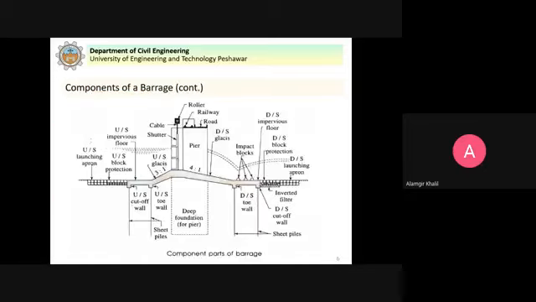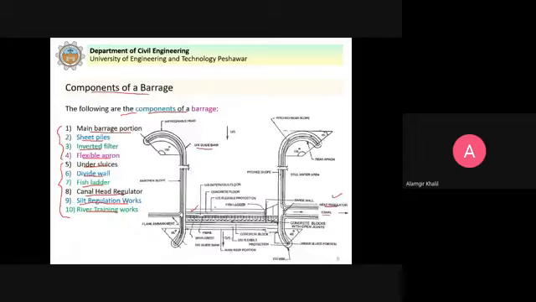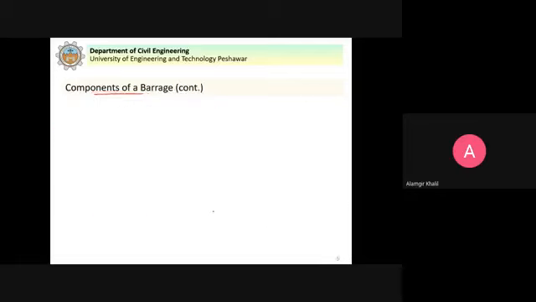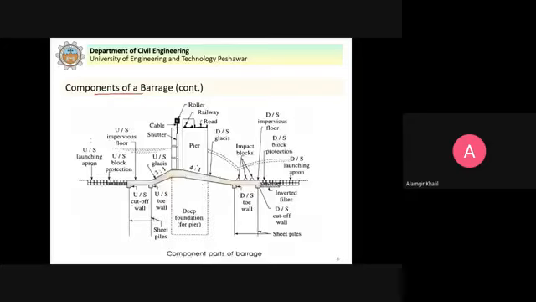So you can see here that this figure shows the different components of a barrage. This is the section taken here. If I take a section at this point in the figure, this is what you see here. Now in this section you can see the different component parts of a barrage.